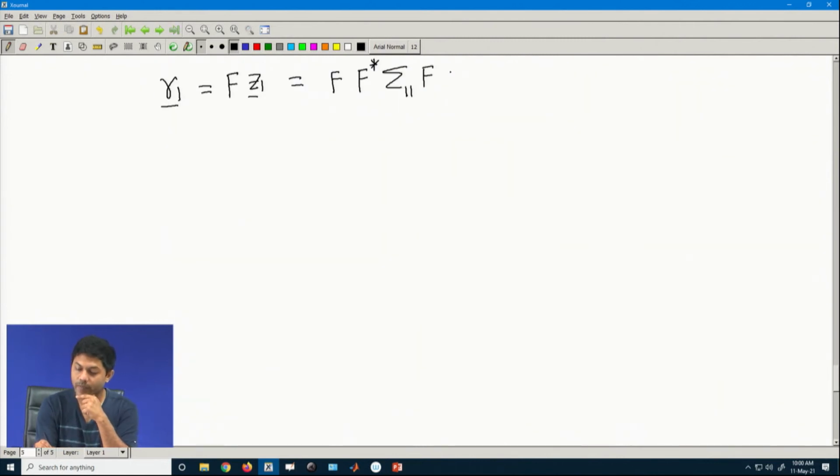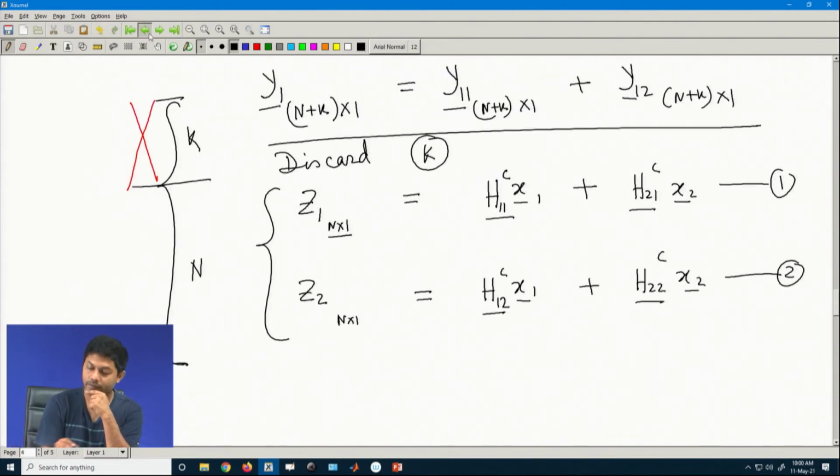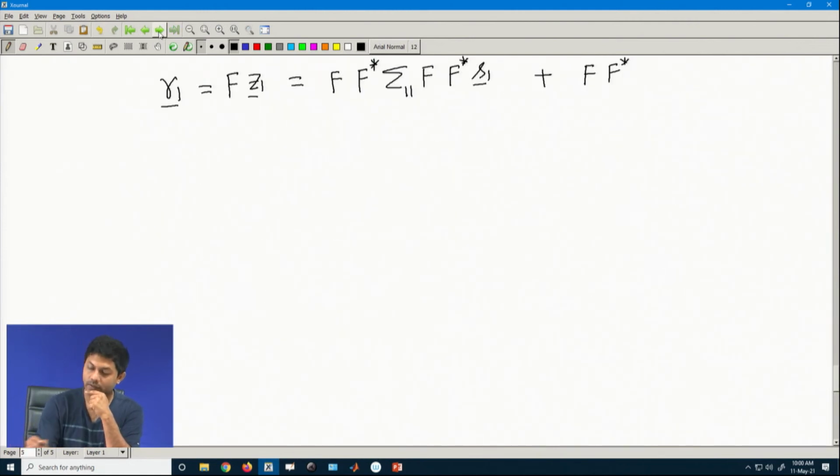So, this will be F star into S1 vector plus F star, let us call it sigma 21, F star S2 vector. Okay.